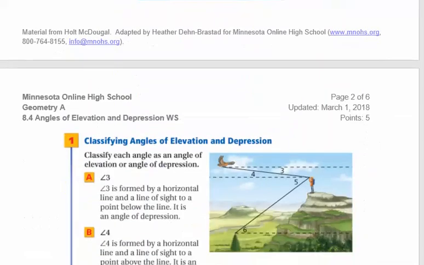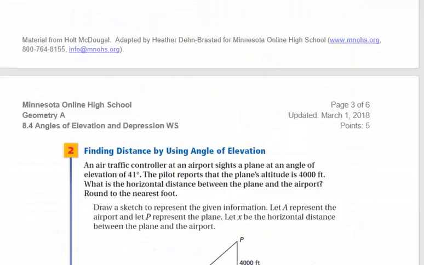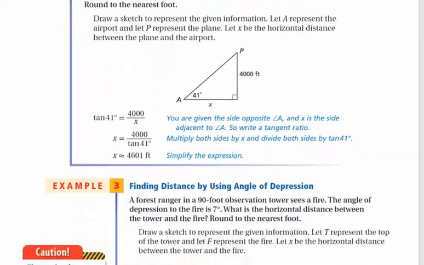And then the first few questions is just saying whether it's angle of elevation or angle of depression. Then next we're going to solve problems using this. So this is where the fun comes in. There's an example here where we're going to be using trig to do these, sine, cosine, and tangent. It's really very, very similar to the 8.3 assignment where you solved right triangles, except that there's word problems involved,